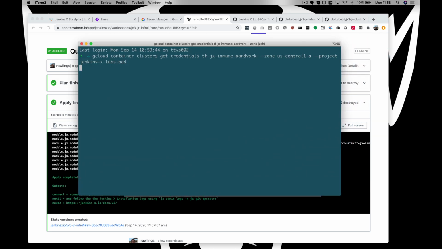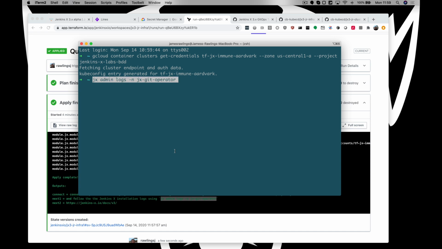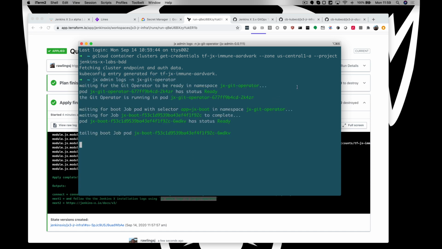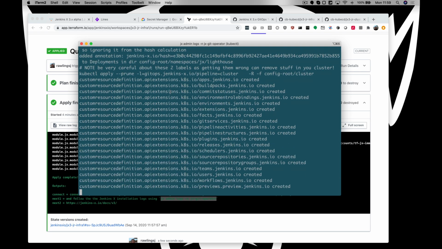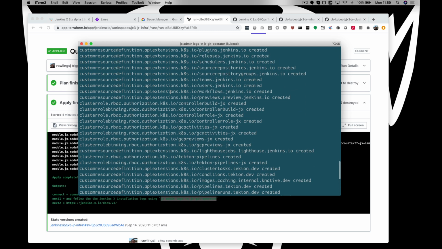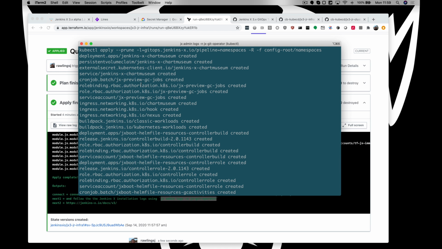So let's connect to our cluster using gcloud. It's our new cluster that's been created. And now we can also have a look at the Jenkins X installation that's been run. And we can see the installation has been happening, and this is just applying all the Kubernetes resources needed for the installation. We've got a number of custom resource definitions being applied, roles as well,